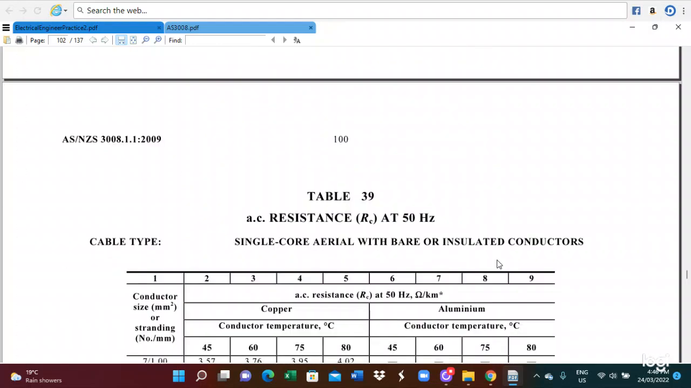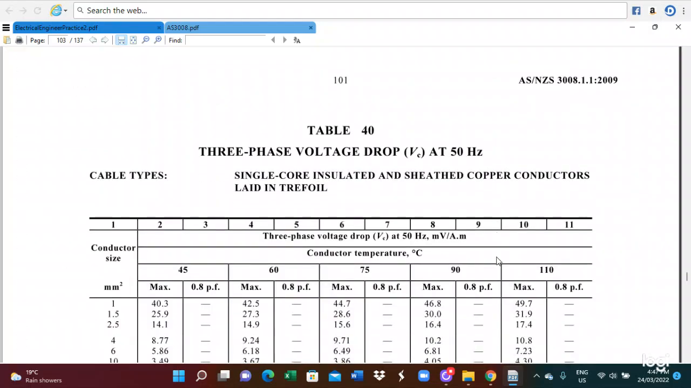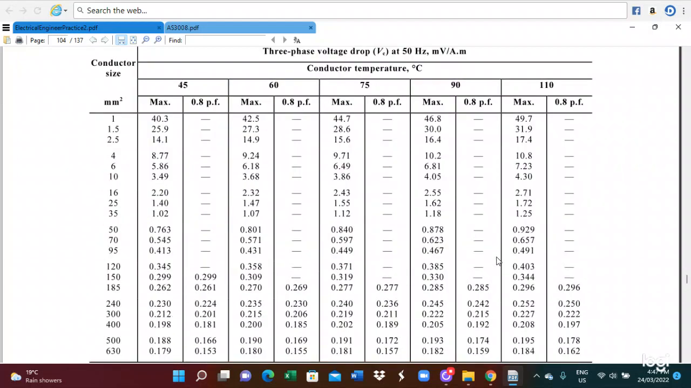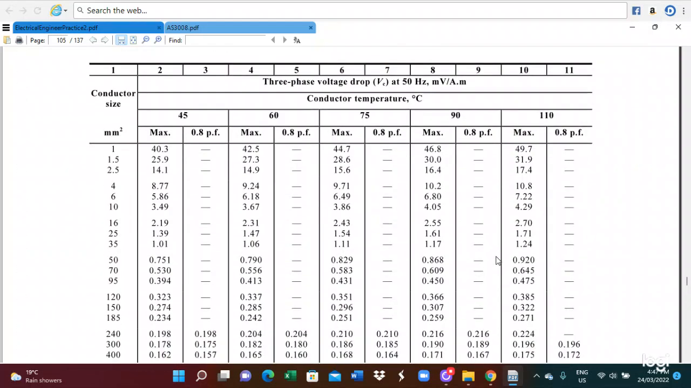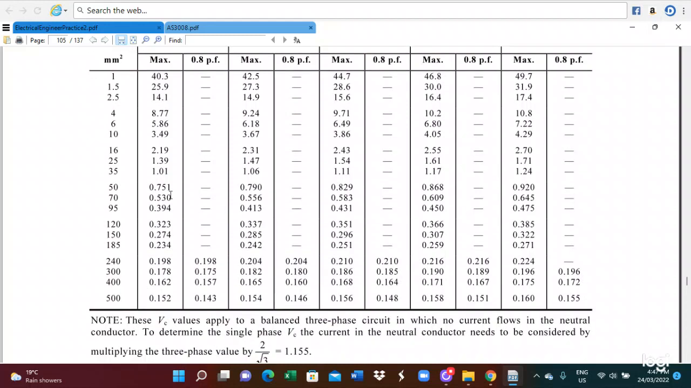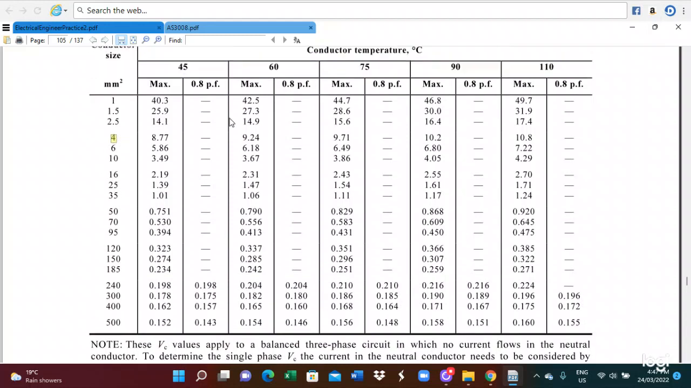So look here, Table 4D0 and Table 4D1. So this is Table 4D1 here. In Table 4D1, the size of 4 millimeter square and 75 degrees centigrade, so that there will be the 9 by 71. So this is for the